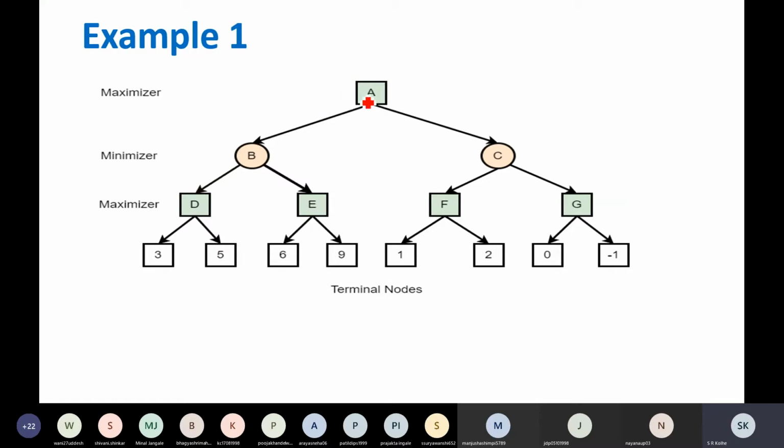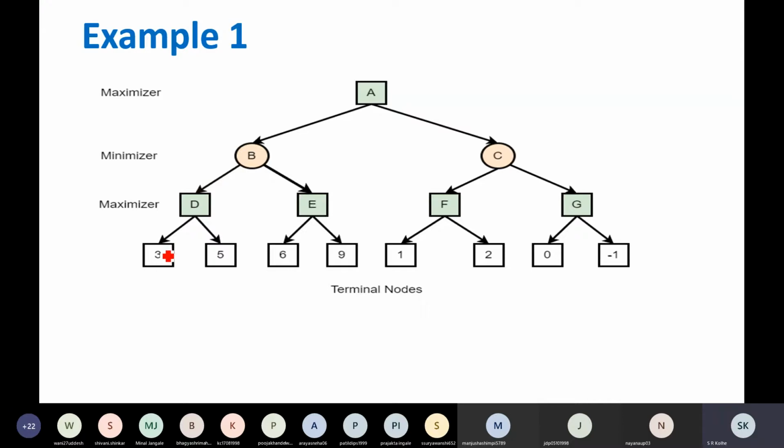The algorithm will start with the maximizer, then the next ply is the minimizer, then again the maximizer, because both players play alternately. So the algorithm will start with A, then move to B, then D, then apply the successor function. That will generate the first terminal node. The value will be returned by the evaluation function. Suppose that value happened to be 3.